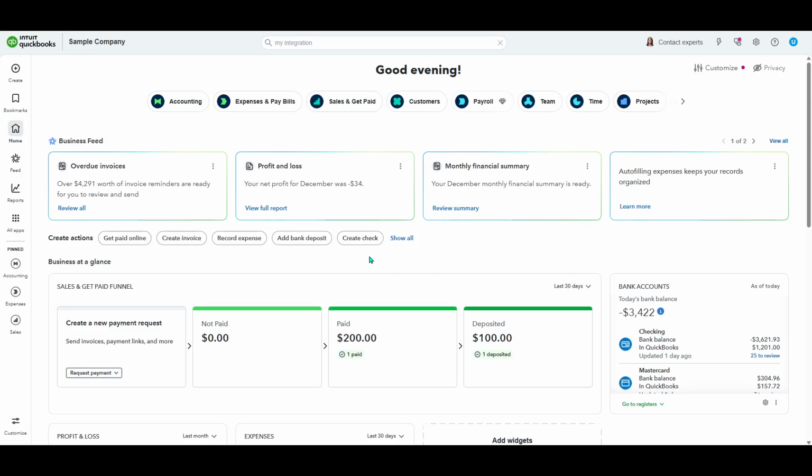In today's video, I'm going to teach you how to export data in QuickBooks Online. By the end, you'll know exactly where to go, what to select, and how to get your information out to Excel quickly and cleanly. First, make sure you're signed in to your QuickBooks Online company and that you have permission